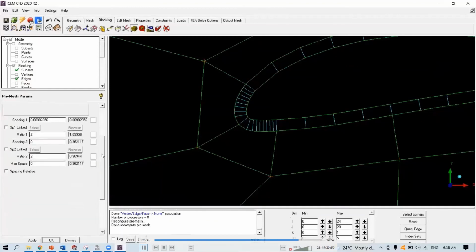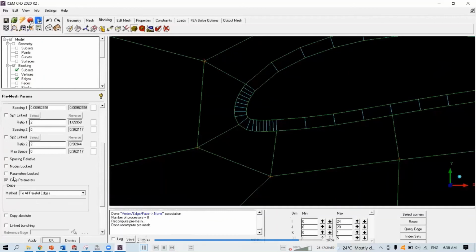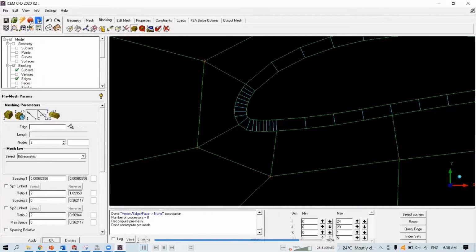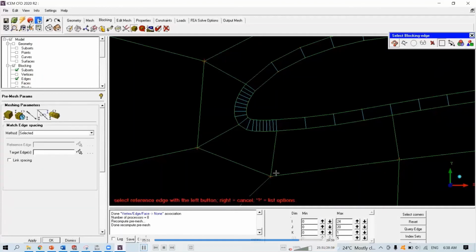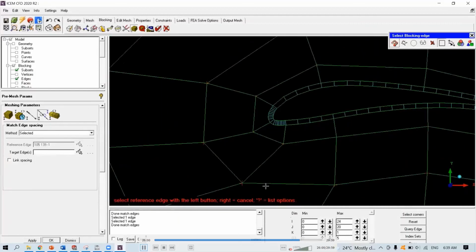Okay, turn off your pre-mesh. Okay, first thing, turn off your copy parameters. Remember that. Okay, match spacing, high concentration to lower concentration, high concentration to lower concentration. Okay, do the same thing for the next shell.